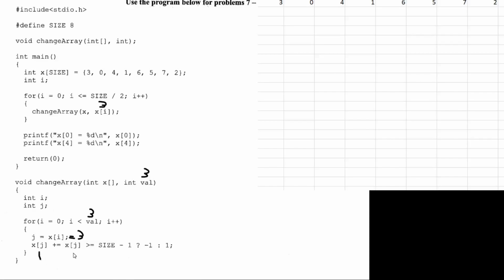And it's going to add if 1 is greater than or equal to 7. And is 1 greater than or equal to 7? It's not. So it's going to increment that by 1, because this is the false condition. Again, size minus 1, I got 7, because 8 minus 1 is 7. So we're going to increment this element, which is the third element, by 1. So we're going to change this to 2, and we're actually going to update that in our tracking table here